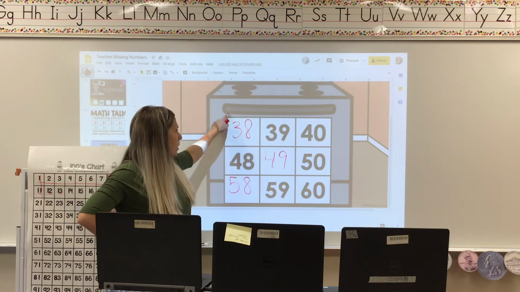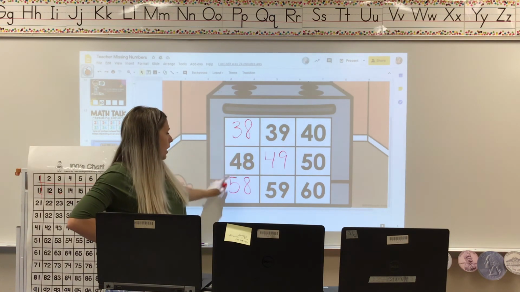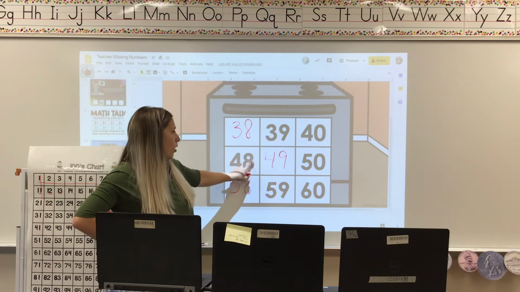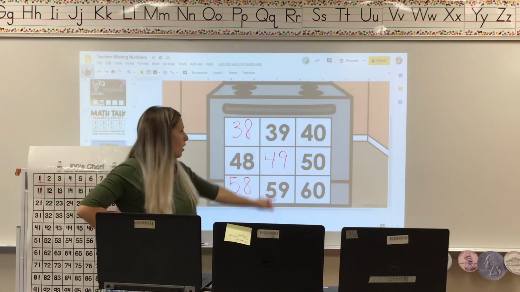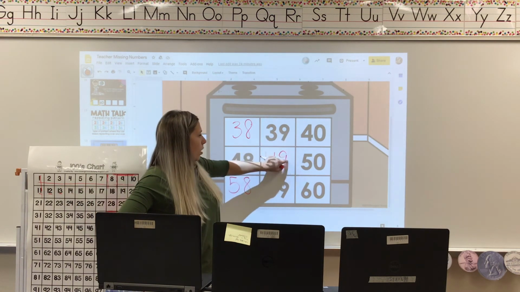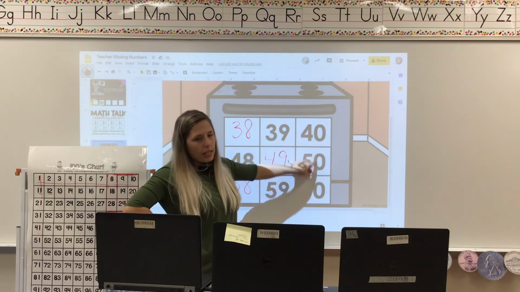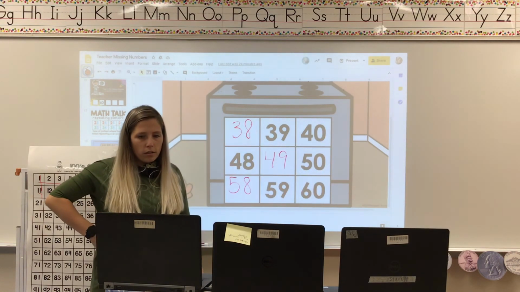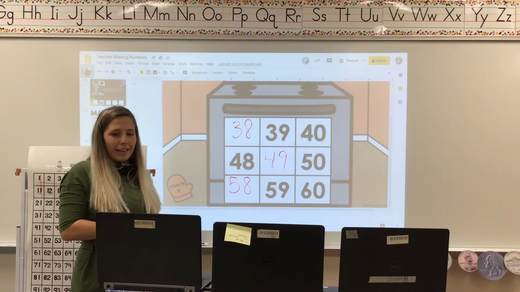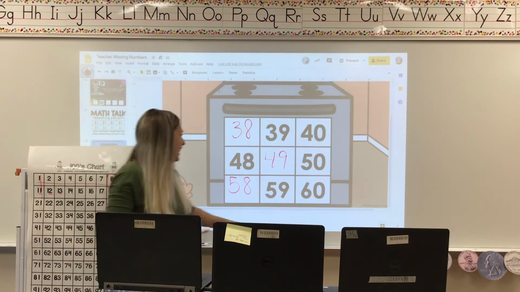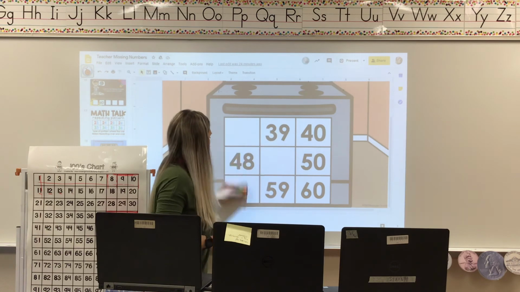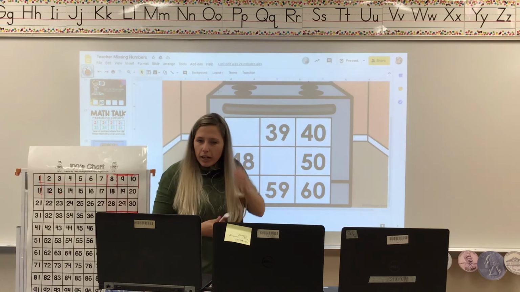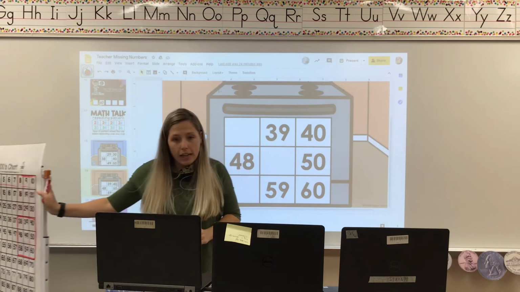So if I'm looking at this column right here, 38, 48, 58, the pattern is they all end in 8. This column, the pattern is they all end in 9. And in this column, they all end in 0. That's their pattern, their number pattern. You get it now? Yay! Yay! All right, my friends, for your math assignment for today,